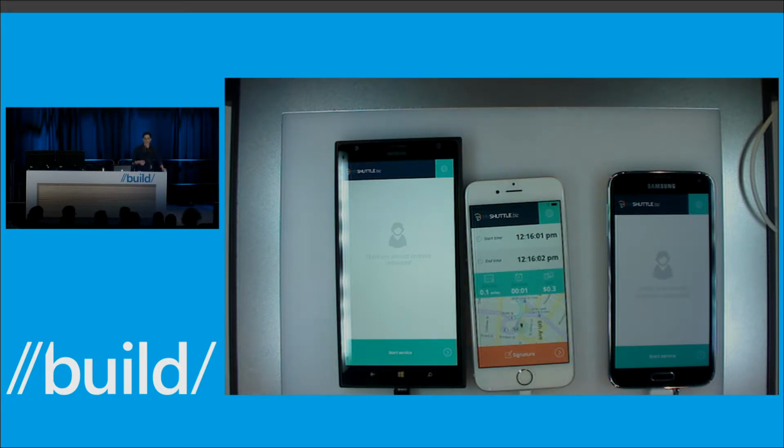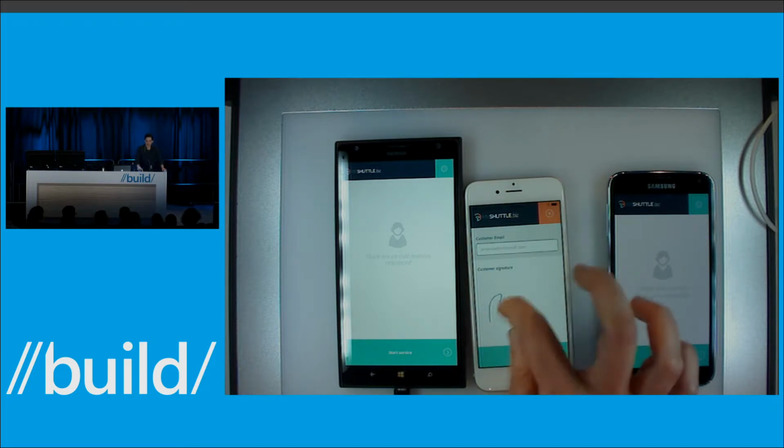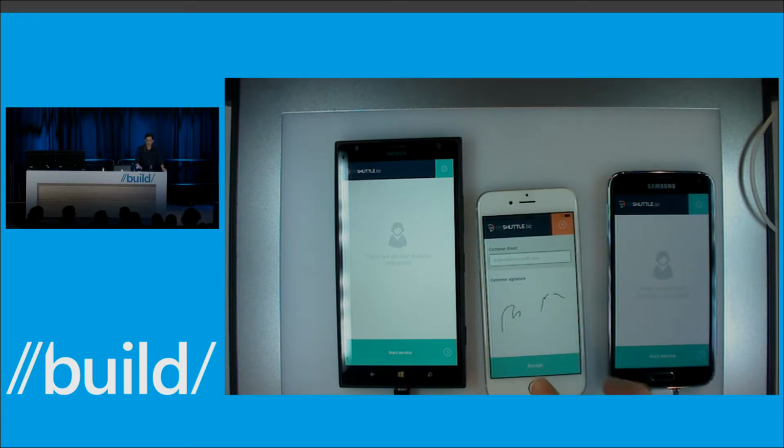And you can see that I get the map information. I can go to the signature. I can go ahead and sign this. My nail was getting in the way there. But that actually takes that invoice, posts it to the Office 365 APIs, which there are a lot of sessions on throughout Build, and then it posts it to a SharePoint server in the back end.